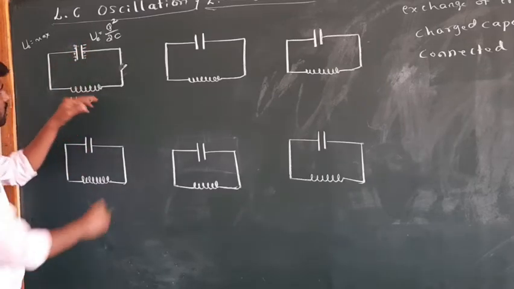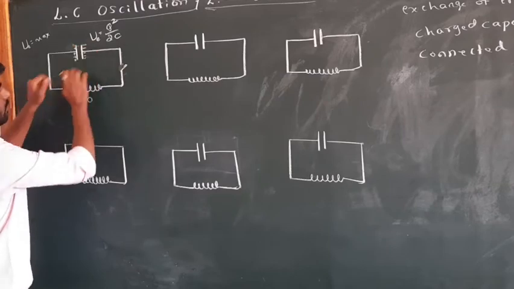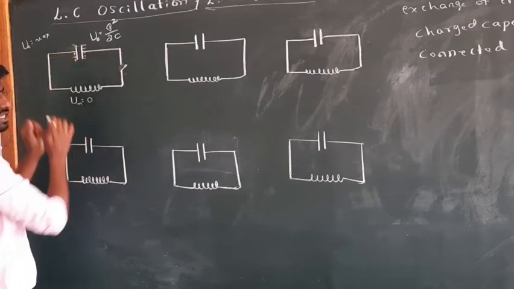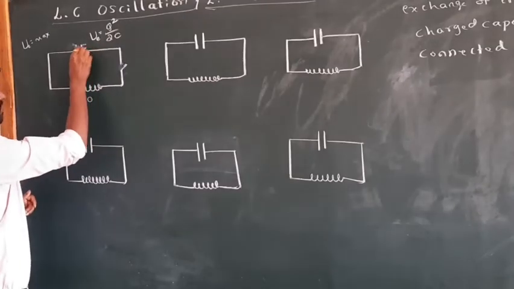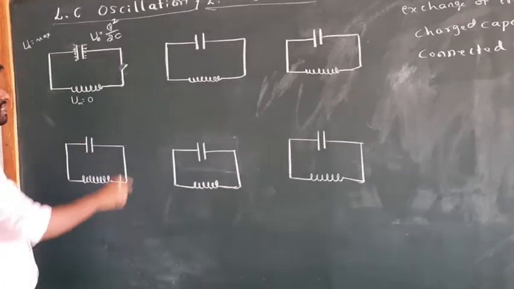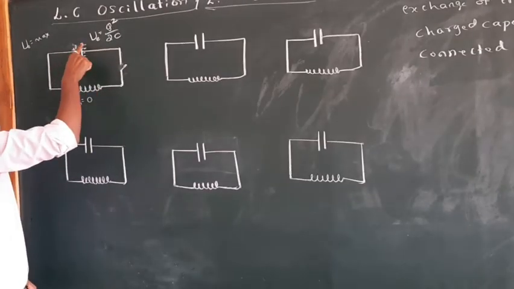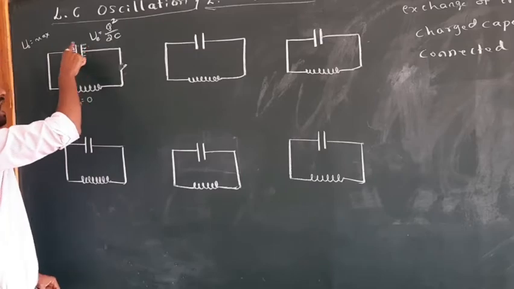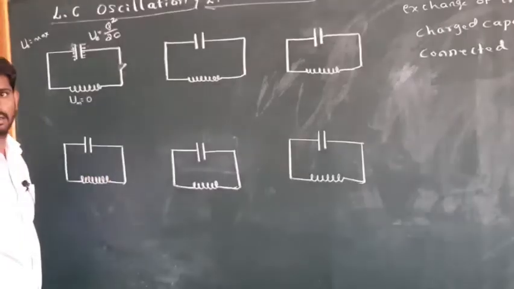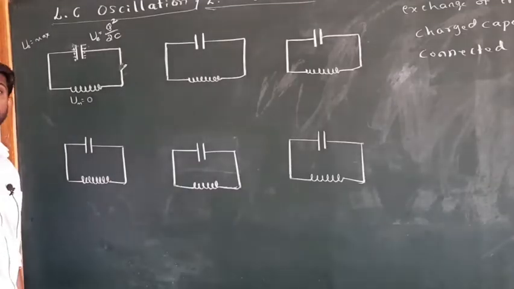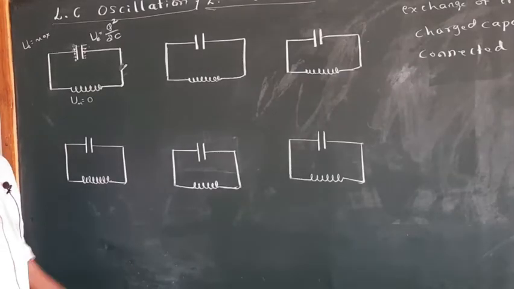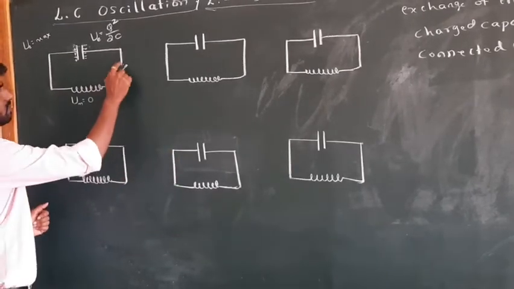One charge goes from here to here, and these two cancel. Another charge goes from here to here, and again these two cancel. So this was the extra electron, this was the deficiency of electrons. Once the electron moves from this plate to this plate, the extra negative charge and the positive charge both cancel. This phenomenon is called discharging of a capacitor. Okay, so when you close the circuit, what happens?